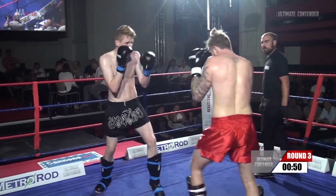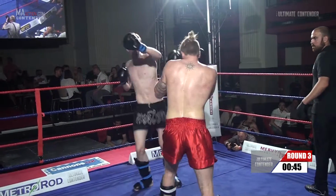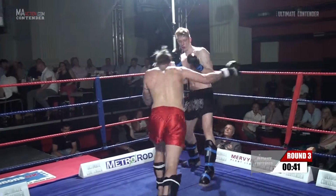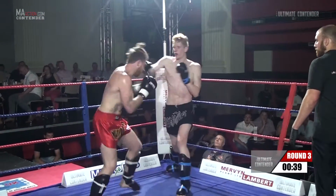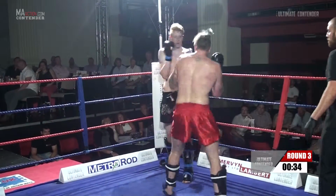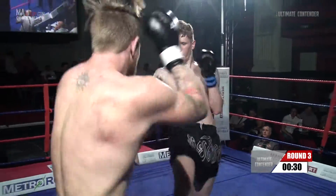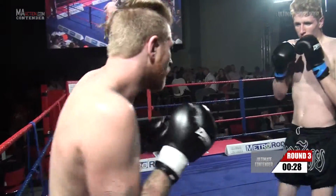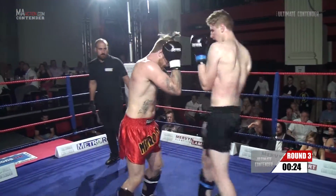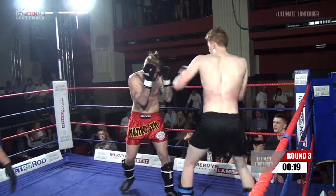Ooh, good clinch awareness from Mr. Webb. And you get the feeling Thompson's able to really double up to the inside leg. I like he's got that little tie hop going on, where he telegraphs movement with his lead leg and doesn't let you know exactly where it's going to end up. But a powerful right kick in response from Webb. Nice teep, followed by a left hand up from Olly. Returned by some body shots by Webb. And a good barrage coming in from Webb. He's cut down now the movement of Thompson, but